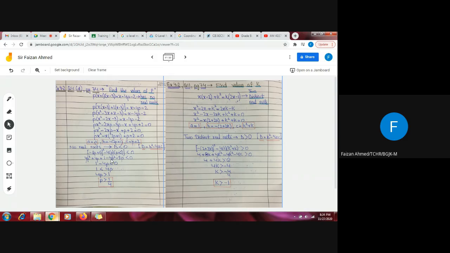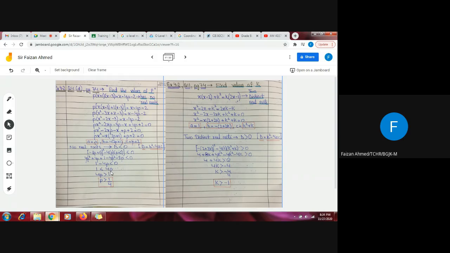So this will be 4p square minus 4p square minus 4 multiplied by p will be minus 4p, and then this minus 4p will be multiplied with plus 2 to give me minus 8p less than 0. This 4p square negative and this 4p square positive will be cancelled out. 4p minus 8p will give me minus 4p, and this is positive 1. I will shift this minus 4p on the other side, it will get added and it will give me 1